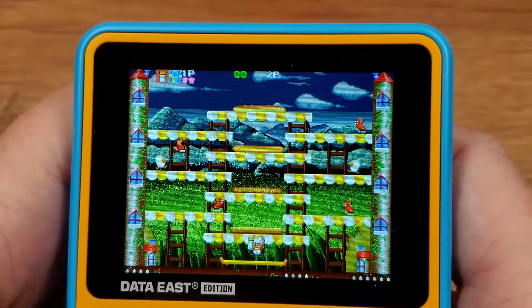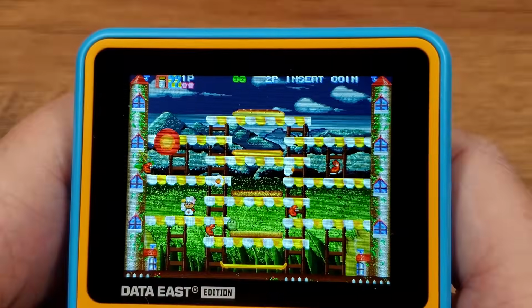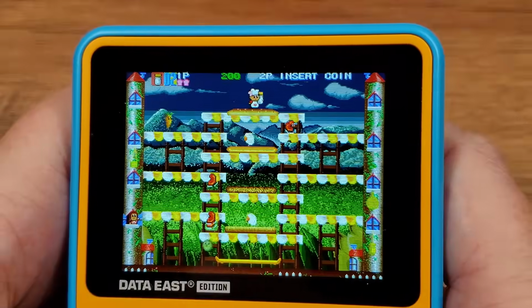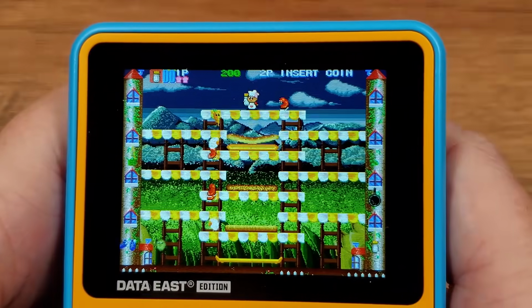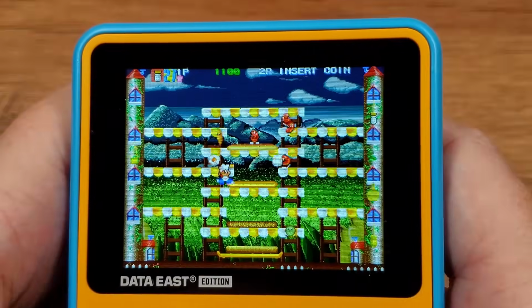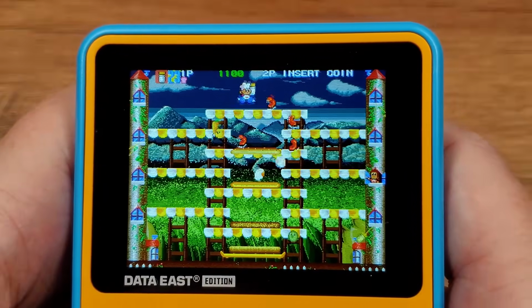Go and you can jump. That's important. Plus ladders, of course. All right, let's get up here and try to make this burger. And you got to jump on it. See, a little bit different. You have to jump on the pieces to make them...